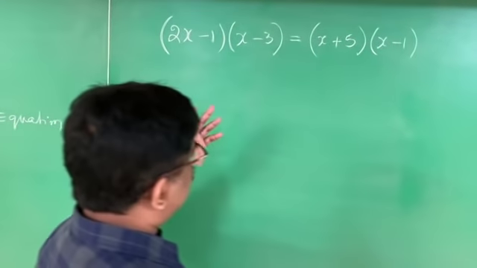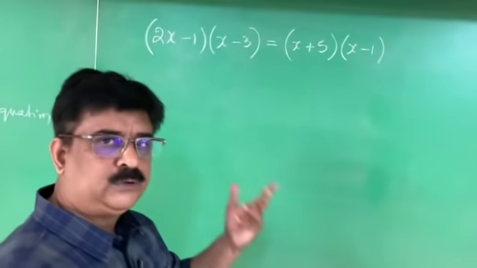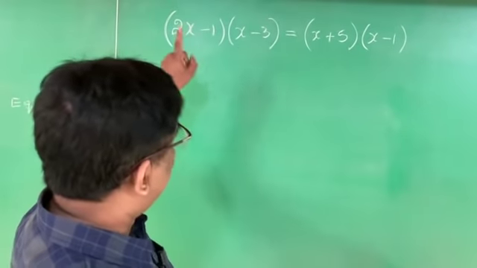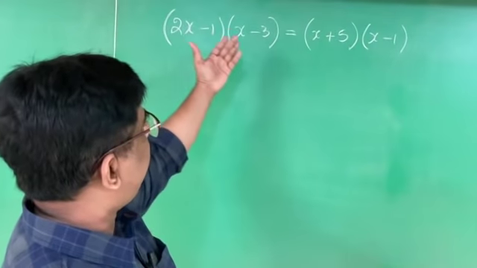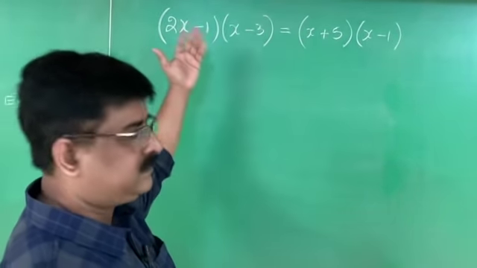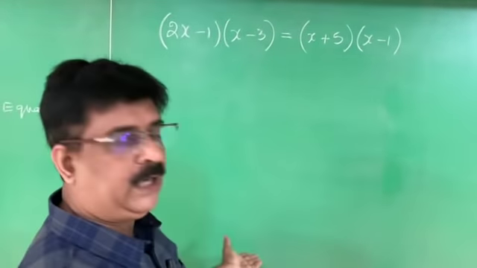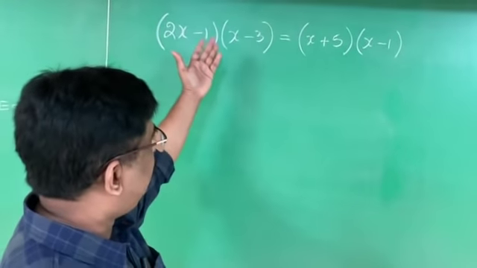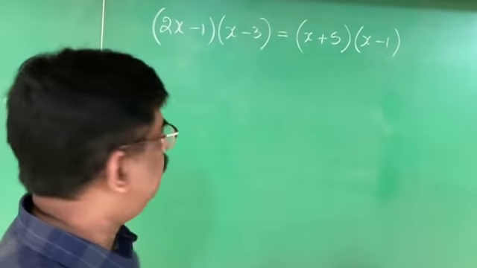See children, you have to solve along with us. You simply seeing video, no use at all. You have to write along with us. Right? See, now write the problem. The problem is multiplication of binomial into binomial. You started multiplication of binomial into binomial in 6th standard. From 6th standard you are writing this. Therefore independently you can do it. If you can't do it independently, at least write along with the teacher. Then you can understand the intricacies of the problem.